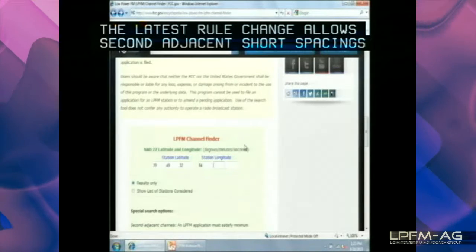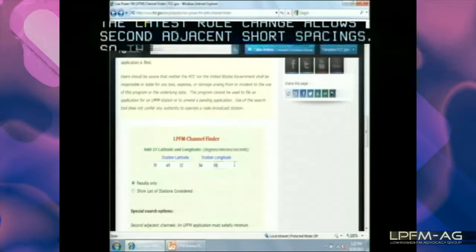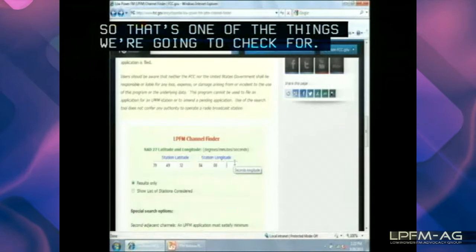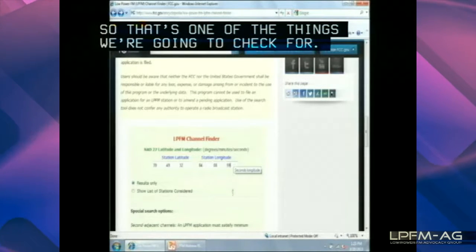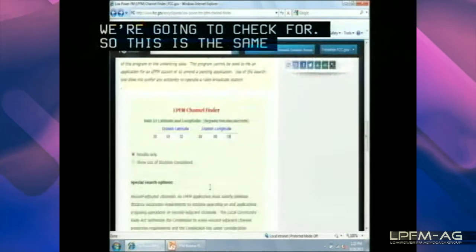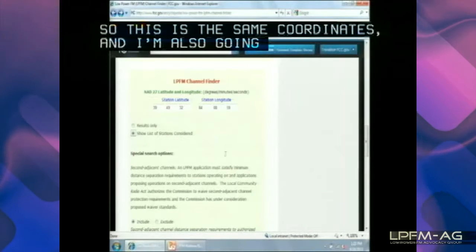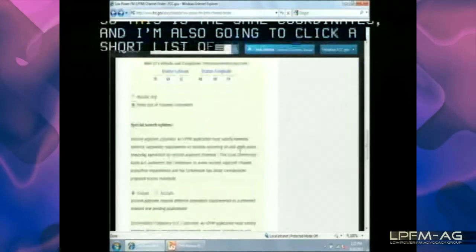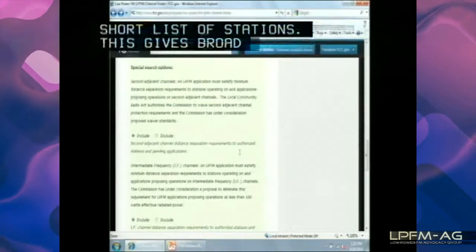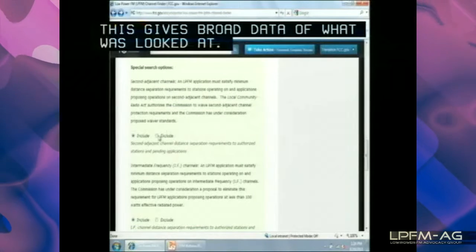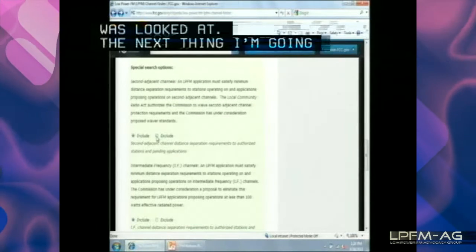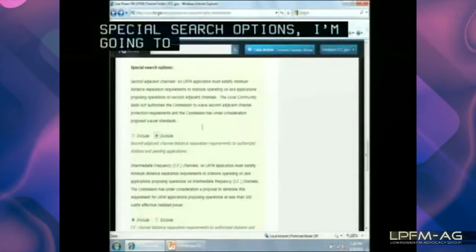So that's one of the things we're going to check for. So this is here again the same coordinates, and I'm also going to click a show list of stations. This just gives kind of raw data of what was looked at. The next thing, in special search options, I'm going to click exclude second adjacent channel distance separation